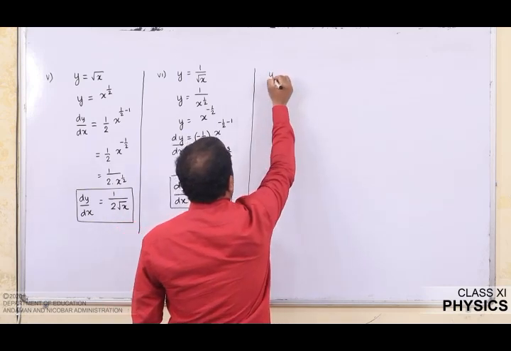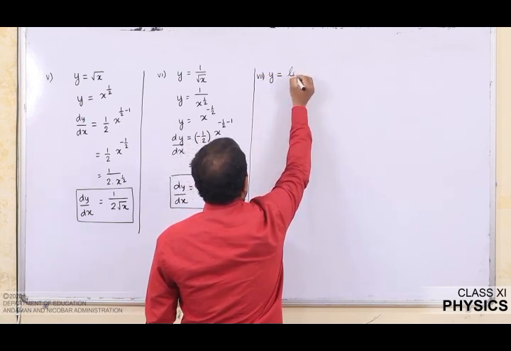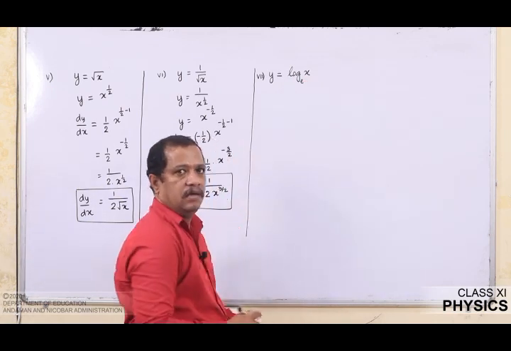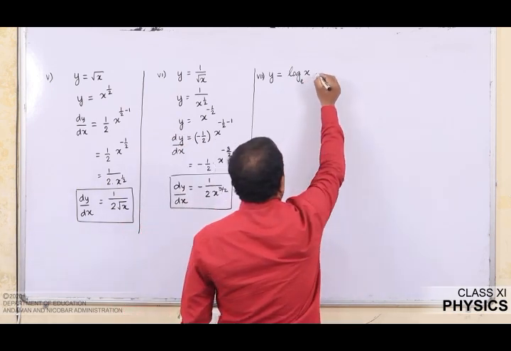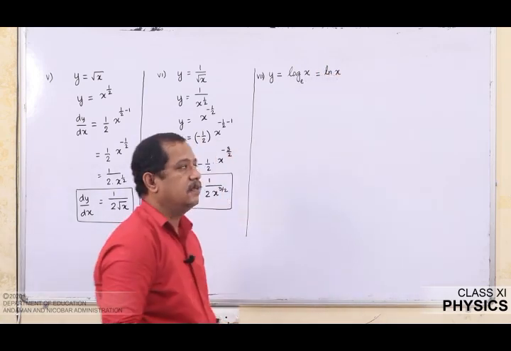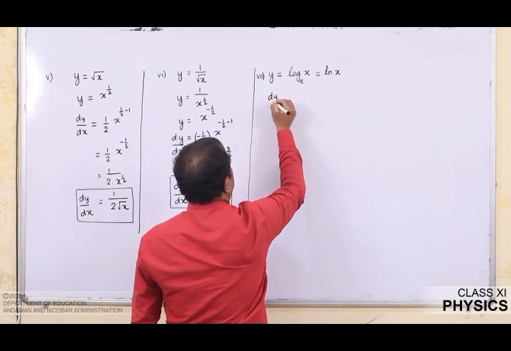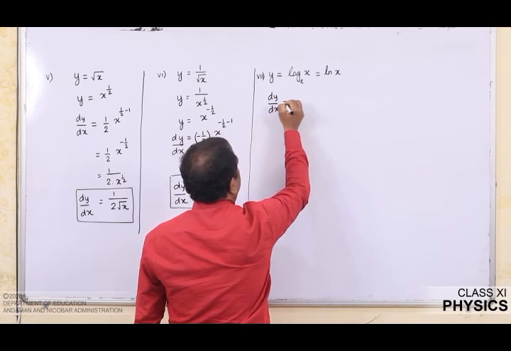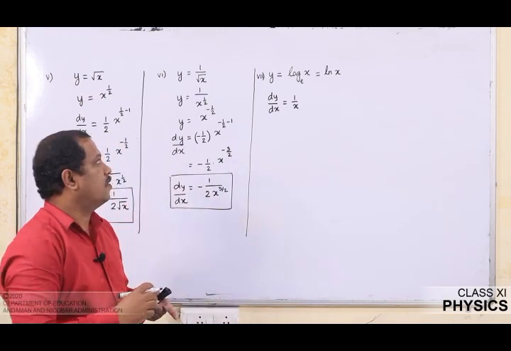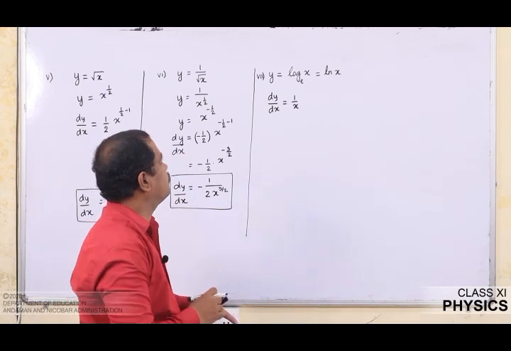Let me say I am given a function y is equal to log x. So, when I say log x, log to the base e, and at times this is symbolically written as ln of x, natural logarithm of x. And if I am asked to differentiate this function, this is a standard function, the differentiation is dy over dx is equal to 1 over x. So, wherever I am going to have log of x or natural logarithm of x, and if I want to differentiate, the differentiation is 1 over x.